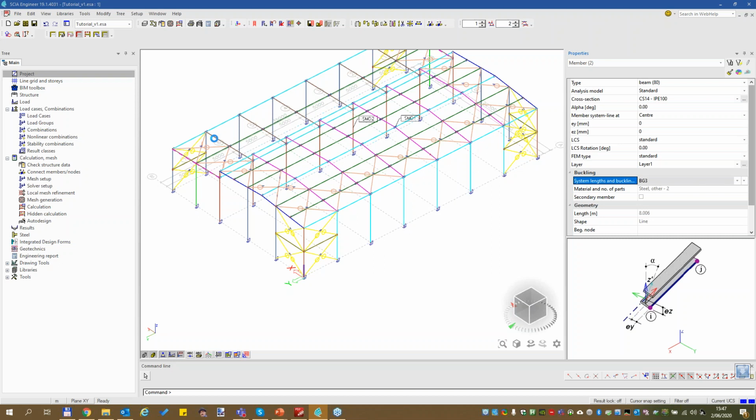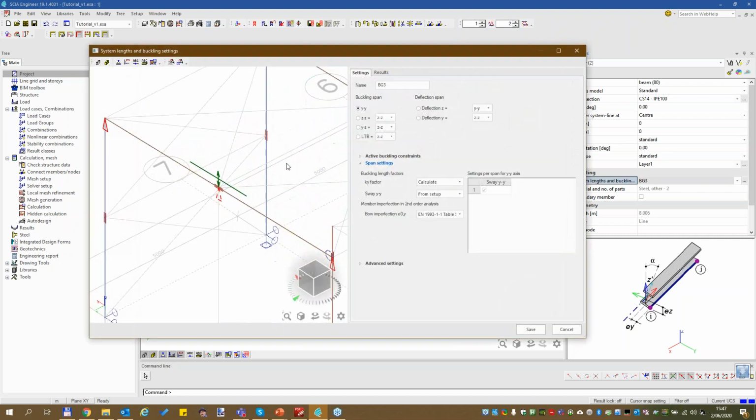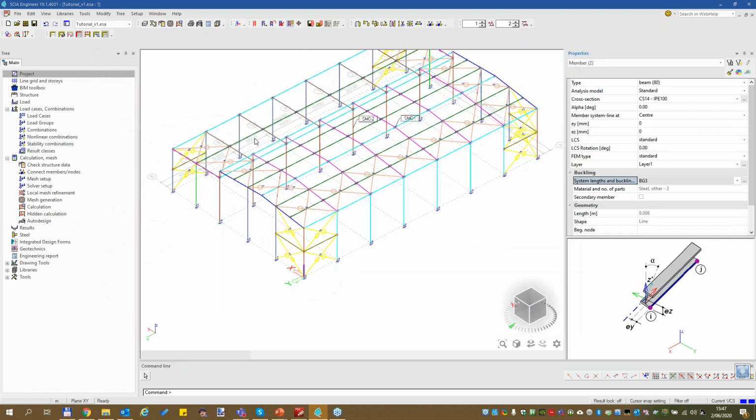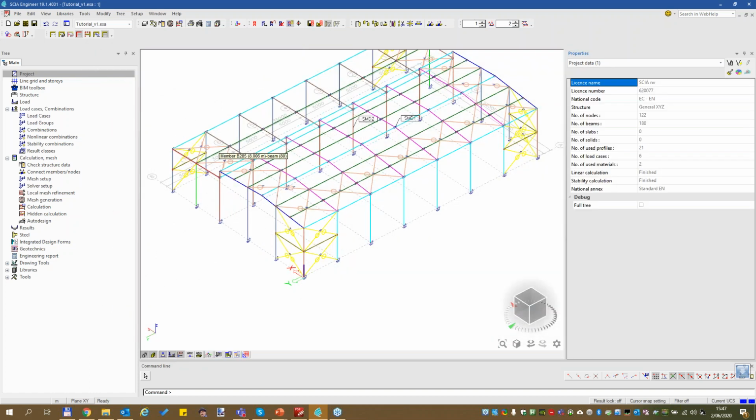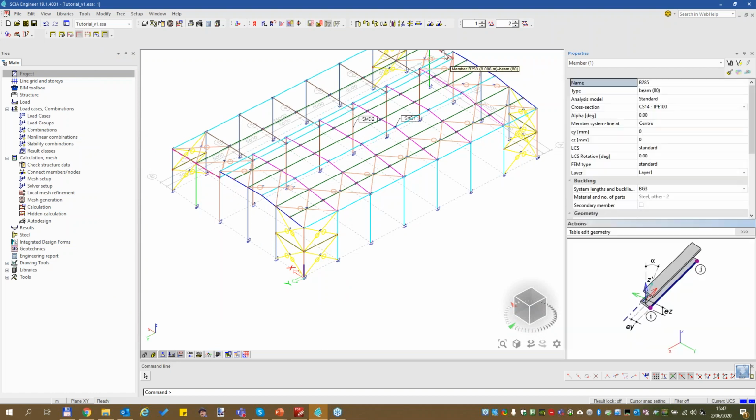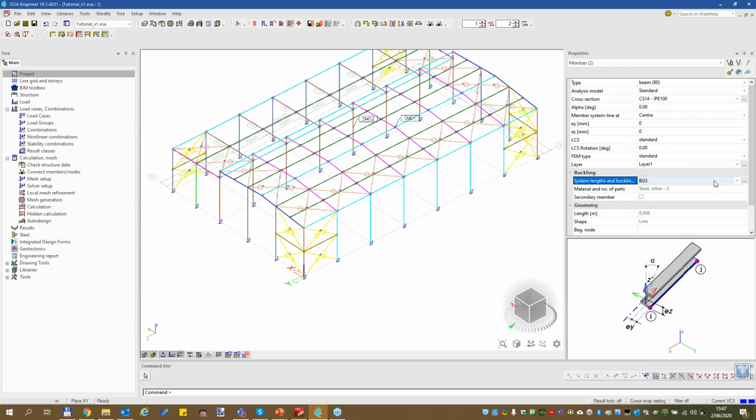Click on the three dots. I'll need to deactivate it first. No, it's already deactivated here, so that's okay. I'll just need to activate it for these two again. The other ones are okay. They don't have a column in the middle, but the first and the last one do. So let me just quickly clean that one up. And that should be it